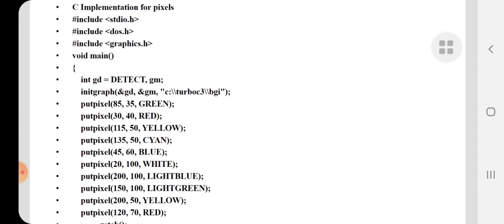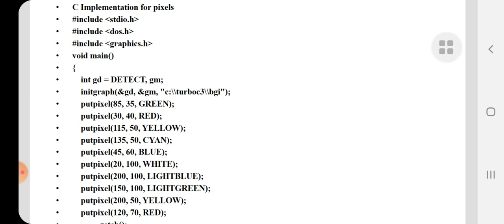Here stdio.h and graphics.h are given. graphics.h is the header file for graphics, and it is mandatory to use whenever you have to draw graphics. Then int gd = DETECT, gm. We are writing DETECT for gd, which means the highest possible value available for the detector driver is assigned to gd. Then initgraph(&gd, &gm) is there, with the path given for accessing the data.